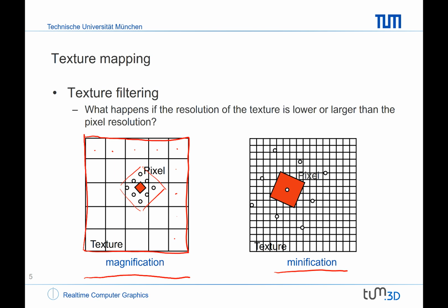So far we have always said that when working on a fragment, and a fragment is always assigned to a pixel, the color of the pixel is determined by what we see through the center of that pixel. Meaning in this case, imagine that we have the center of that